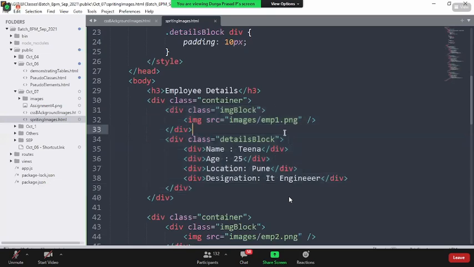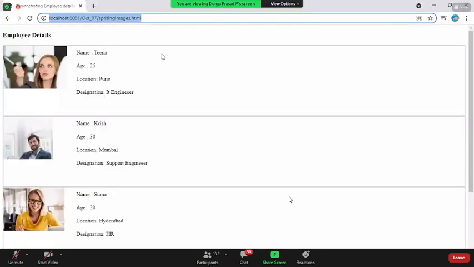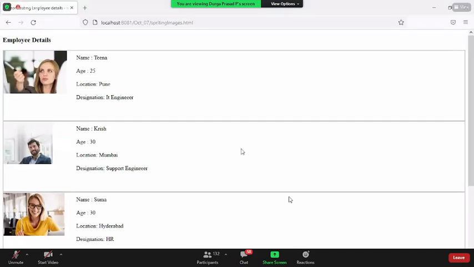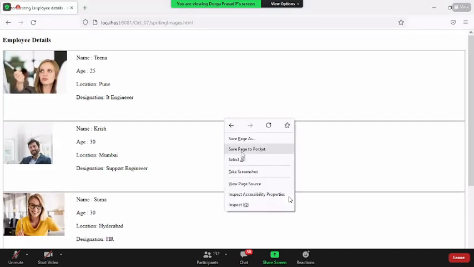Sir, what is network tab? Okay, network is one of the tabs within your debugger window.